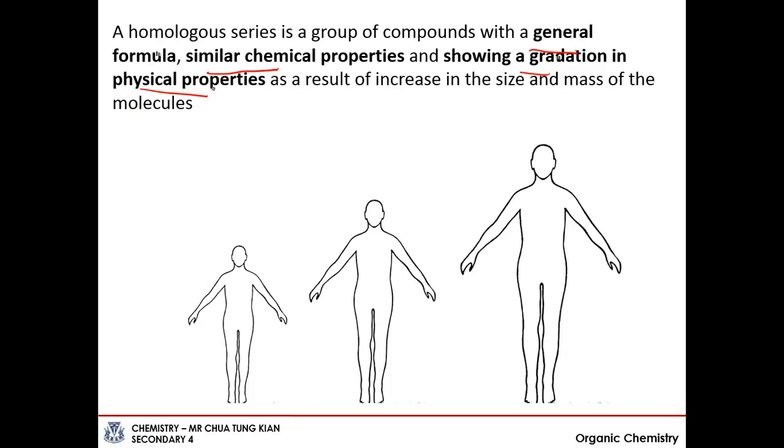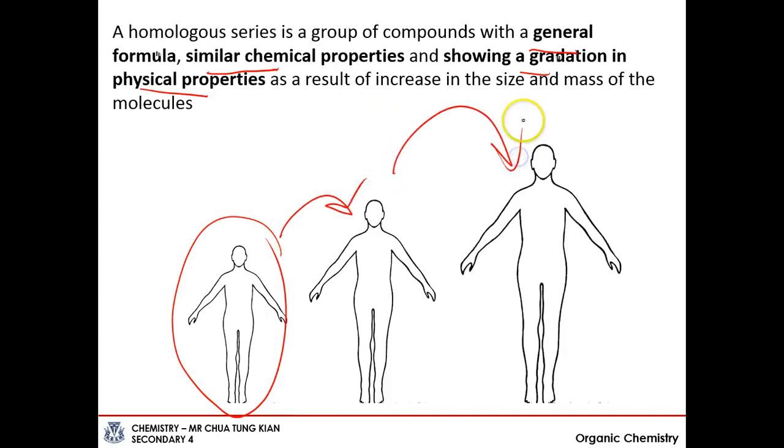So basically, it means that if I have one original starting compound, I can predict what is the next compound. So these 3 together is what I call the homologous series. So this is a human, this is also a human, this is also a human, this is a bit bigger, it is a little bit bigger than the previous one. Later on you will take a look. For organic chemistry, the homologous series is defined by 4 different